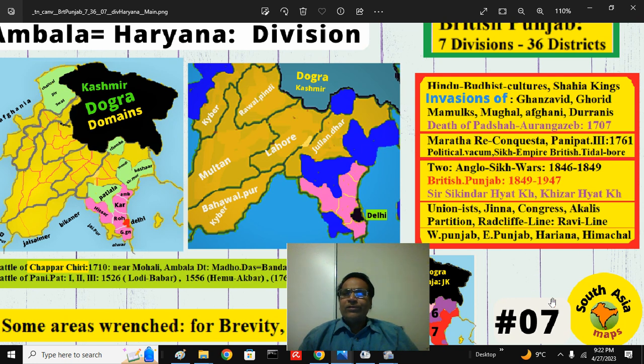Then the British also emerged as a major power in the Gangetic Delta, and the resulting political vacuum was filled in Punjab by the Sikh misls, later Ranjit Singh, and the rest in the Gangetic Plains was filled by the British East India Company Bahadur. The 2 wars were fought, the Anglo-Sikh wars, 46 to 49, and the British Governor General Lord Dalhousie annexed Punjab in 49. Almost 98 years it remained as a unique, fascinating province south of Khyber.